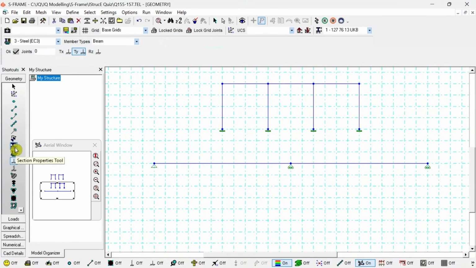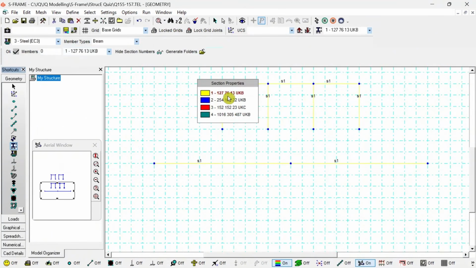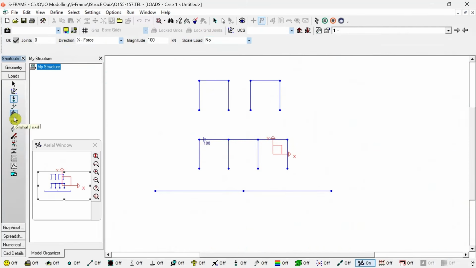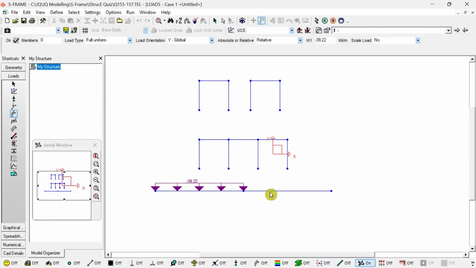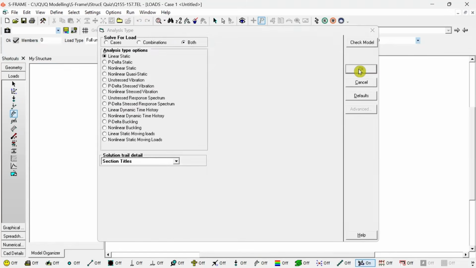In section properties, I will choose the smallest section, 127 76 13 UKB. It's a steel section. And then I will go to loading, and from loading I will choose global load here, and full uniform, it's a distributed load, and I will say minus 39.22. I want downward load. Click here and click here, and after that I will click on run and analyze the model